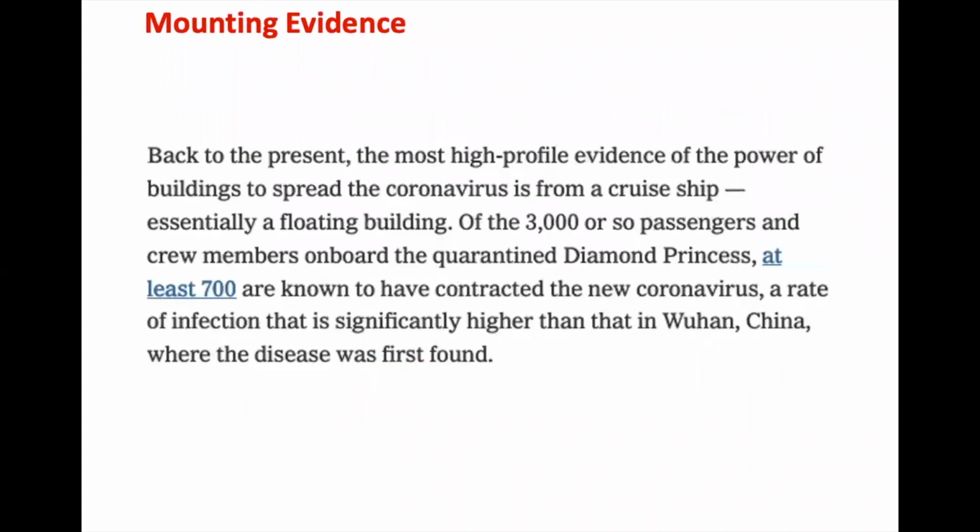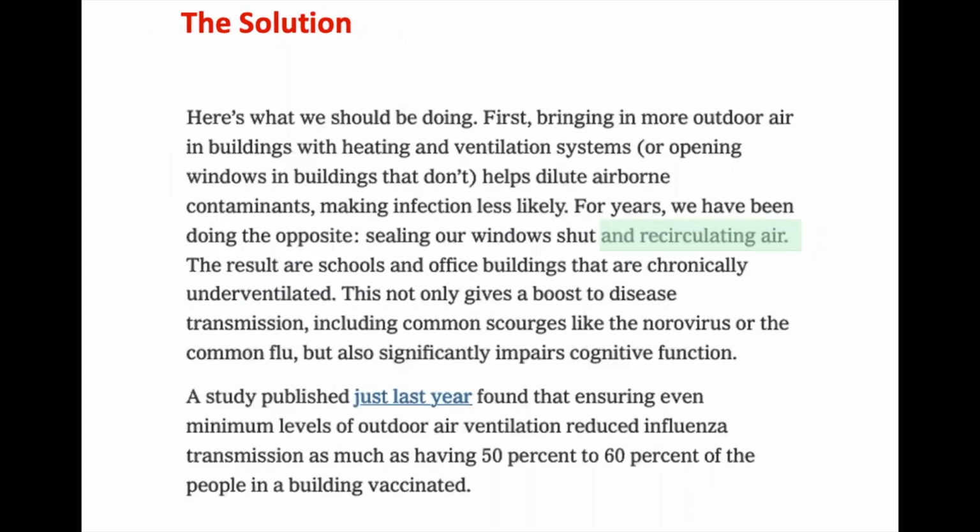So looking at it today, this was a cruise ship that had a major outbreak. Well, guess what the ventilation system is on the cruise ship? It's a recirculating system that's moving air throughout that cruise ship. As a result of that, the theory is, they're still studying it, but the theory is, with 3,000 people, 700 of them got infected. And they were locked down pretty early in that cruise. So I think you're talking about something that's being spread about the ship. It's probably something to do with ventilation recirculating.